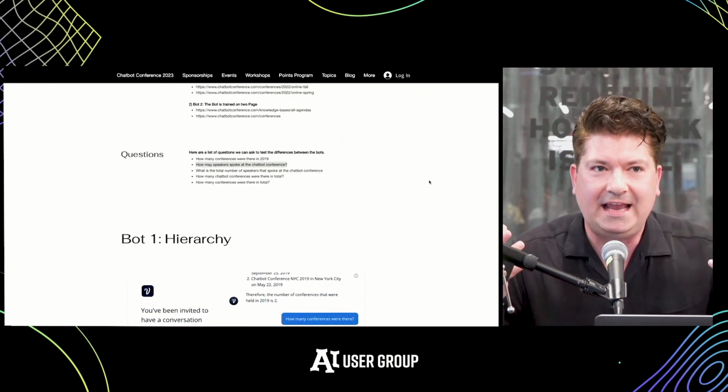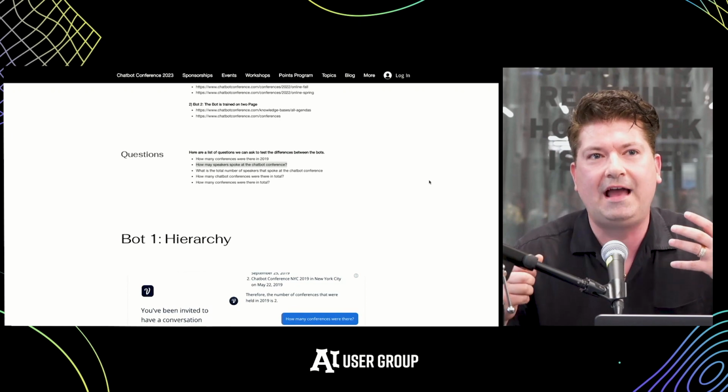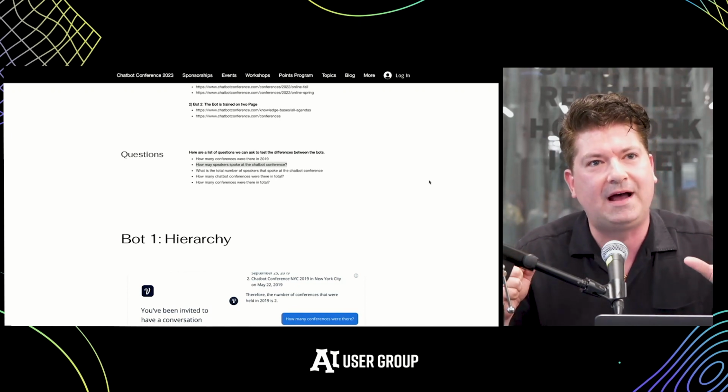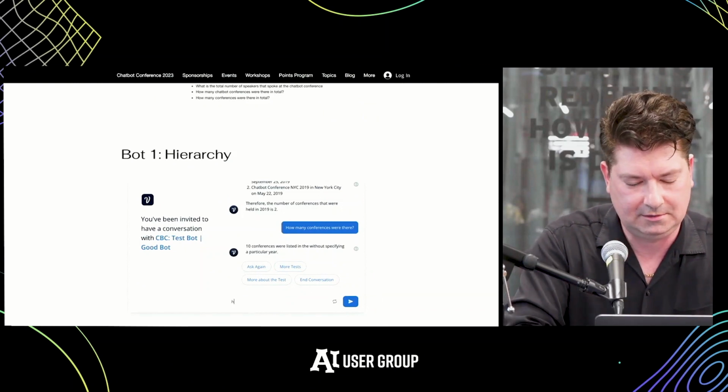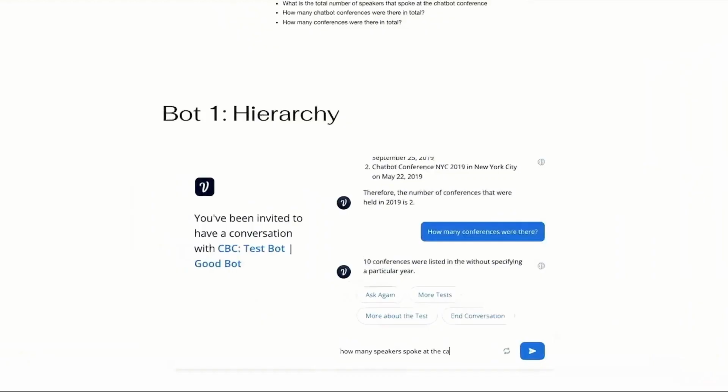Now, this data also has relationships within it. So for example, we had some speakers that spoke at multiple conferences, right? And so in order for the bot to answer questions like, how many times did Stefan speak at the event? It would need to reference multiple fields of data in order to be able to answer that question. So let's see. First we'll ask it,